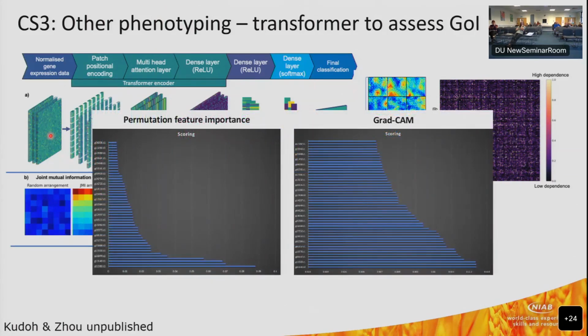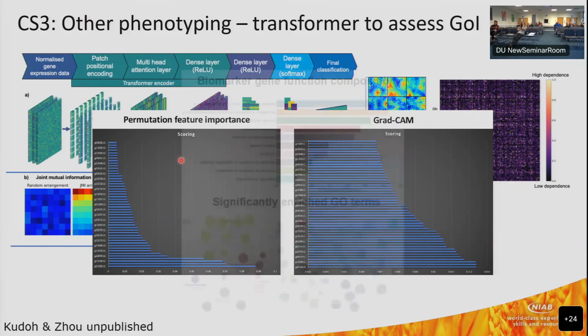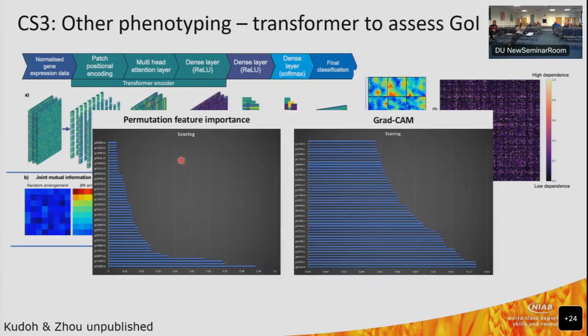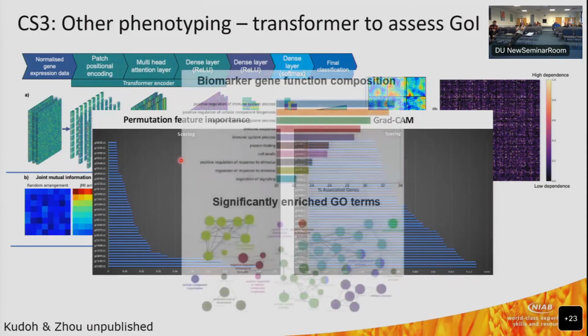We've been using permutation and GregChem. GregChem is a reverse engineering deep learning method to score. So basically, we have two scoring systems of the gene of interest, and by combining the permutation, which is more like a traditional statistical approach, with the deep learning reverse engineering approach, we can generate the joint list and then put them into the GO